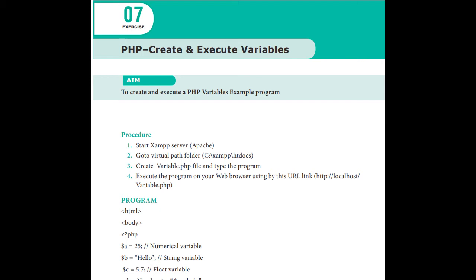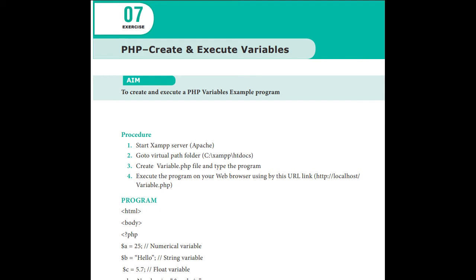But for your exam, when you are doing it, you have to start XAMPP, and then you have to set a path. The folder will be inside C drive, inside xampp, inside htdocs only. How to save the file: when you are saving the file, you will save with extension .php. You can give any name .php, then only that will be a PHP file.